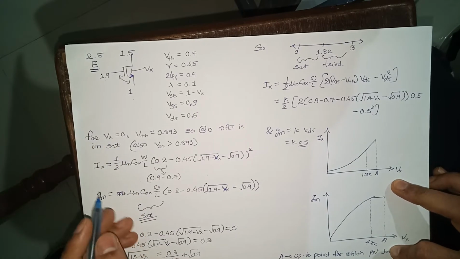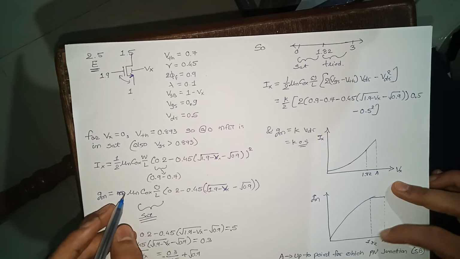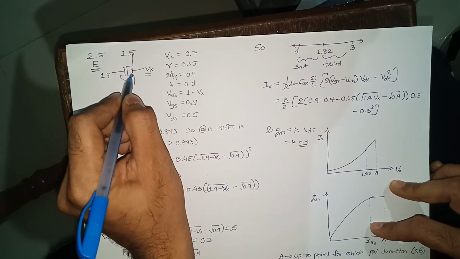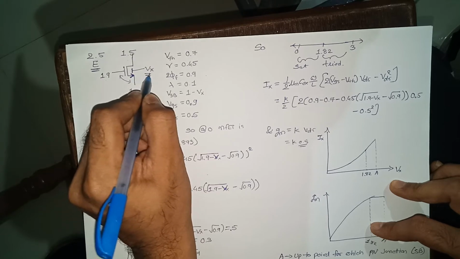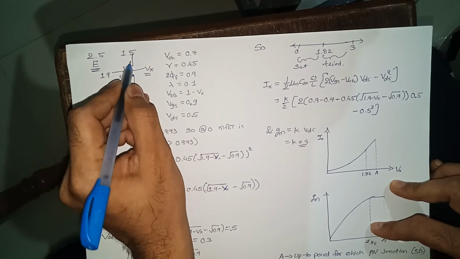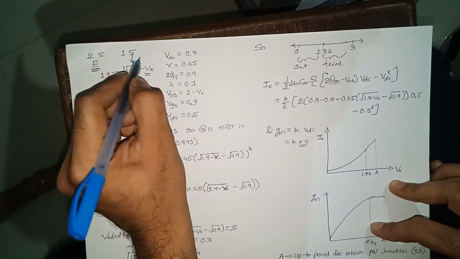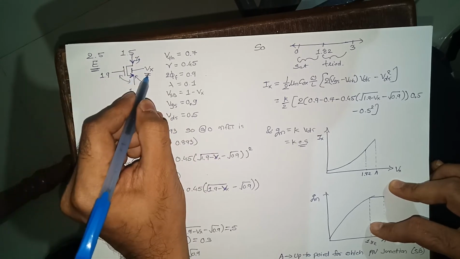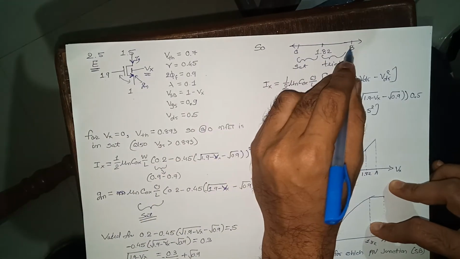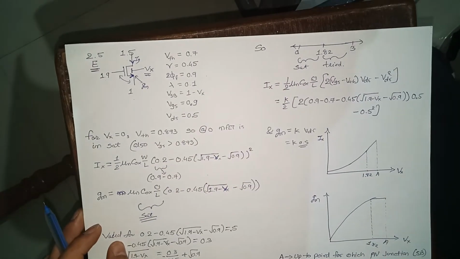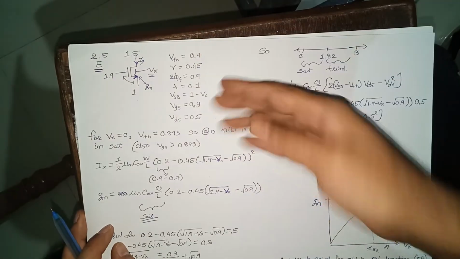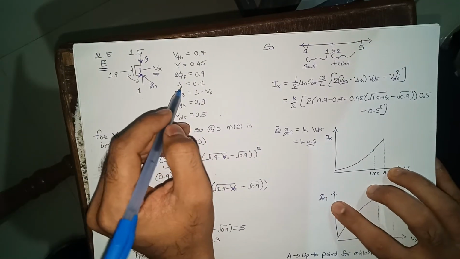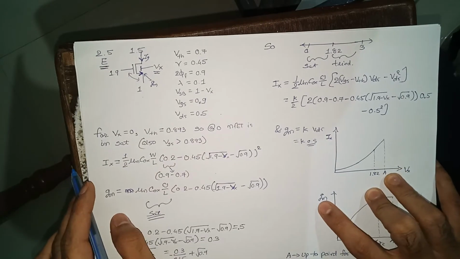VDS is 0.5, okay, and Vx is actually connected to the body terminal of the NMOS, and we need to see what is the Ix and Gm of this device when Vx is going from 0 to 3 volt. Okay, so these are the required values we took from table number 2.1.